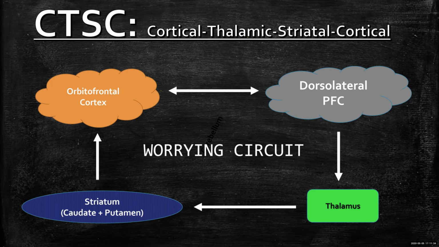Because that dorsolateral prefrontal cortex, that reasoning center, isn't kicking in, Sally turns the car around and goes back home and checks her front door. She does this a few times. She opens the door, closes it, locks it, returns back to the car. But when she gets back in the car, again, the worry circuit becomes activated again, because in individuals with OCD, the orbitofrontal cortex and this worry circuit is overactive. And then she obsesses about it again. She gets out, checks again, and does this over and over and over again until she's late.